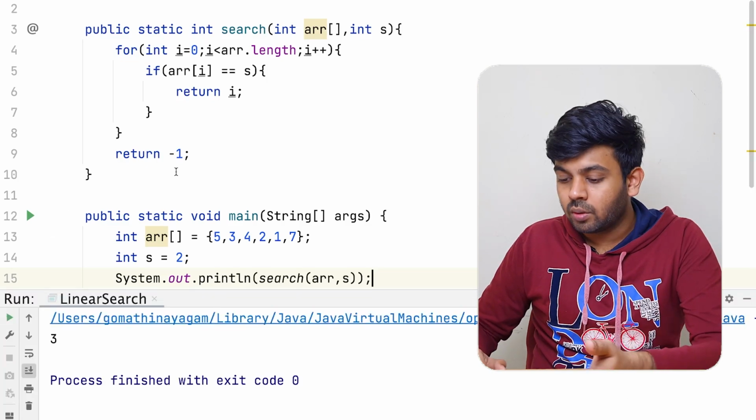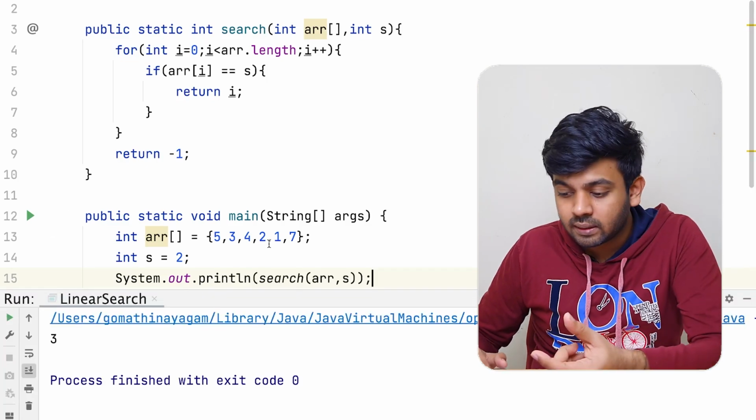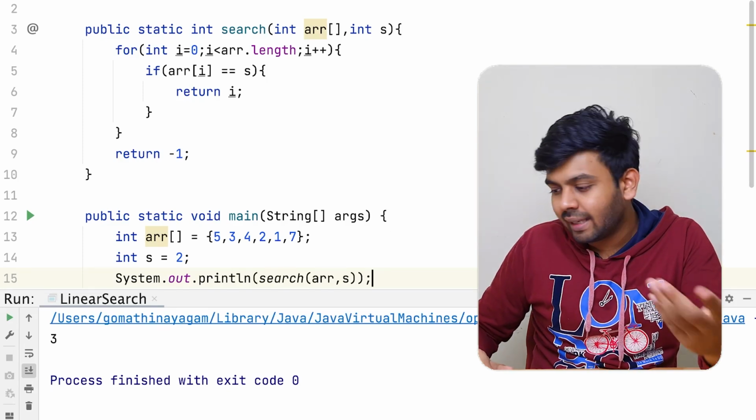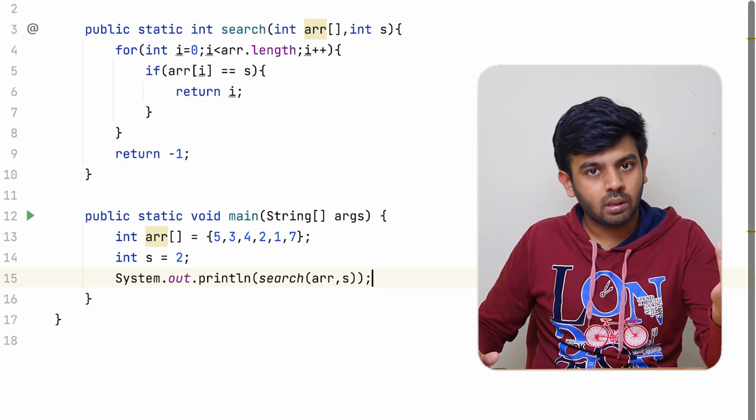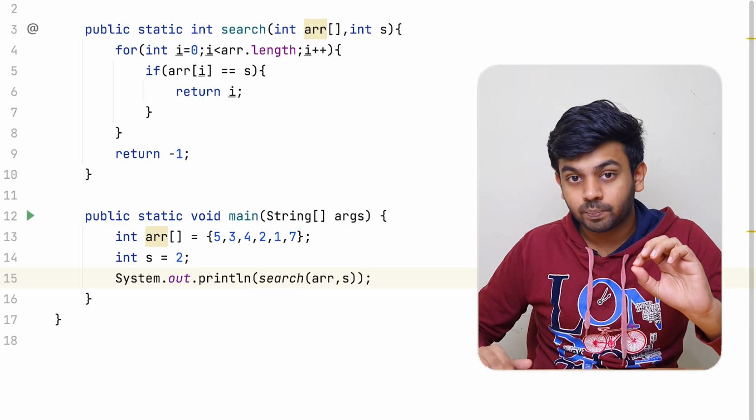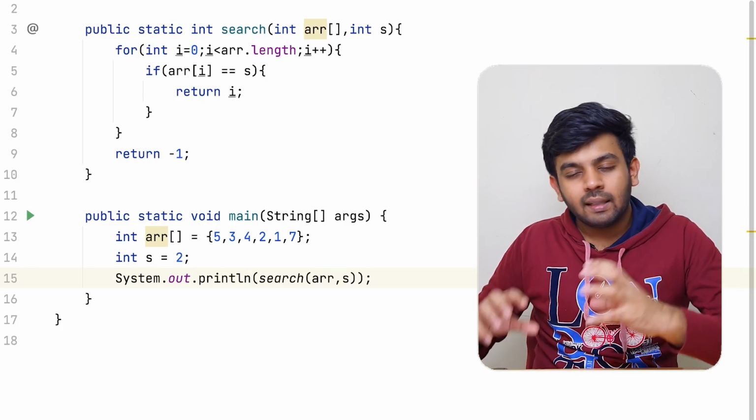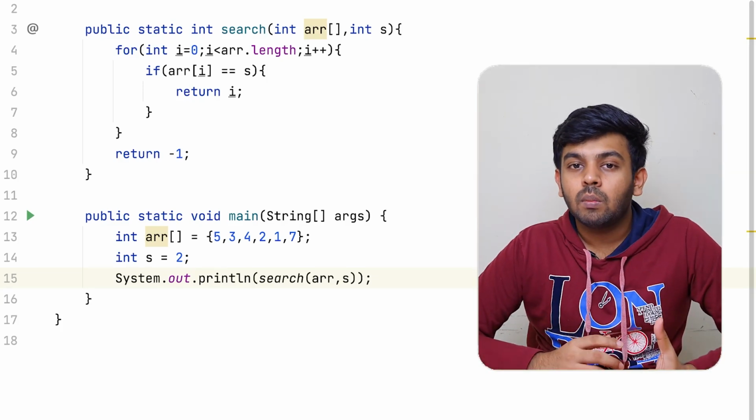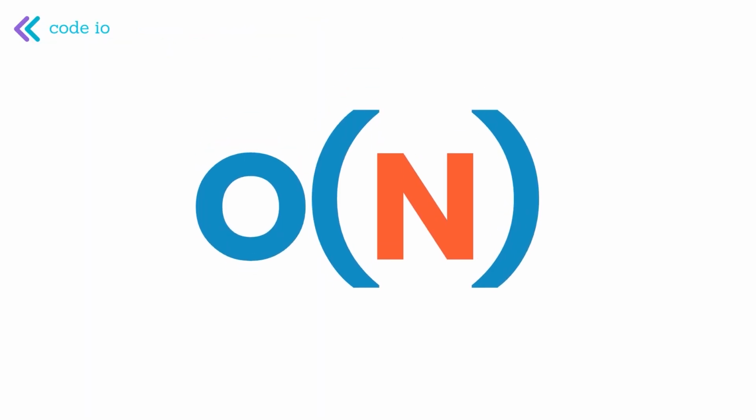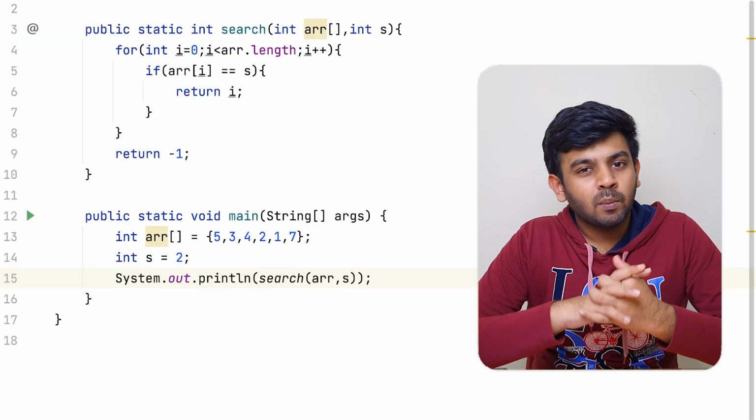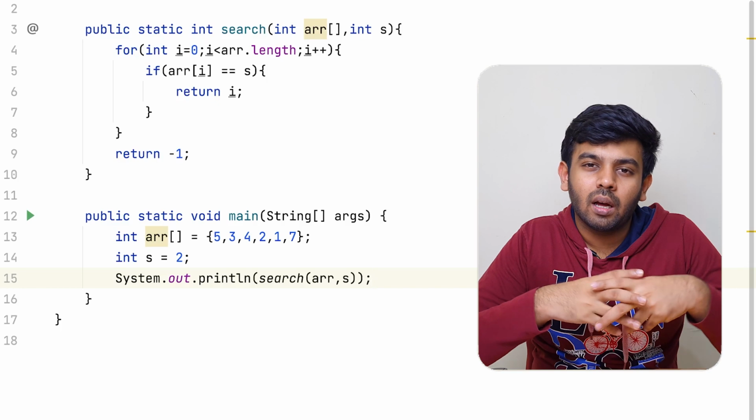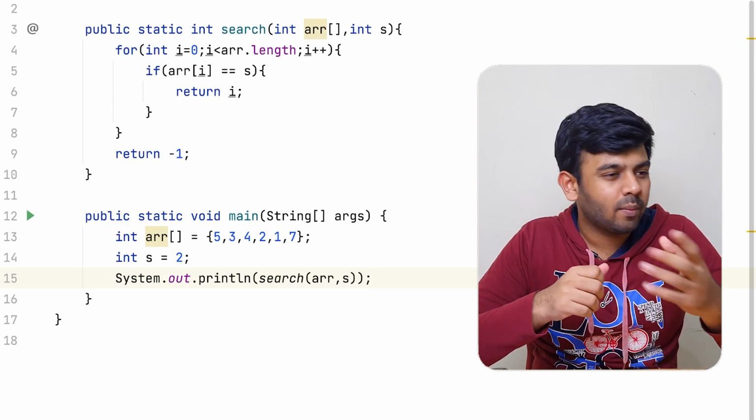Yeah, 3. So it is the 4th element in this array and its index is 3, obviously, because it is zero based indexing. Now the time complexity of this algorithm is order of n. Okay, so when it comes to time complexity, there are many things you can assume, but